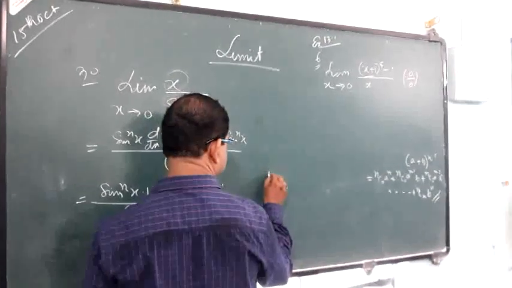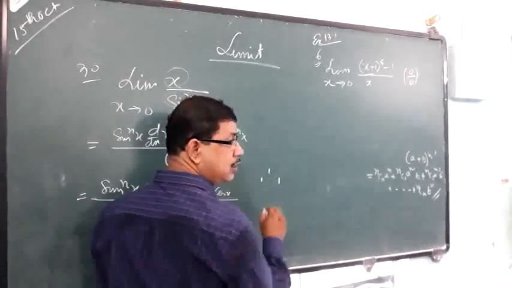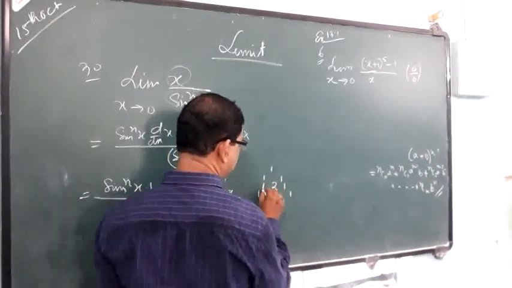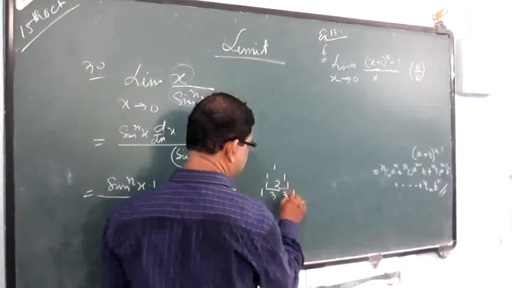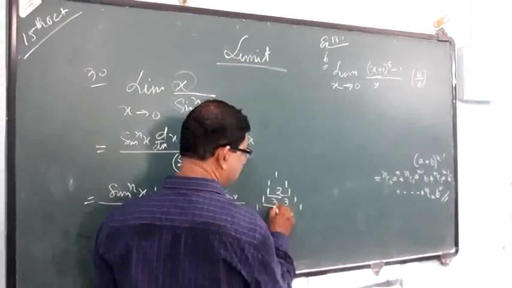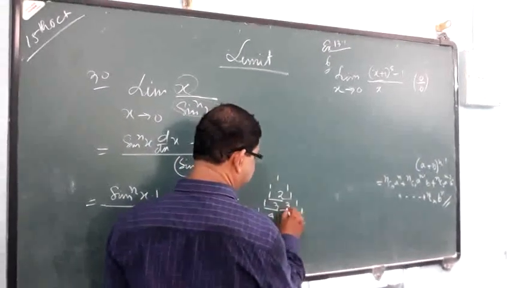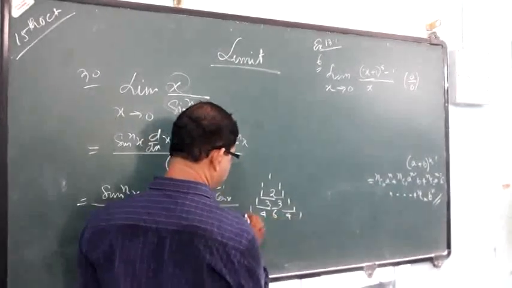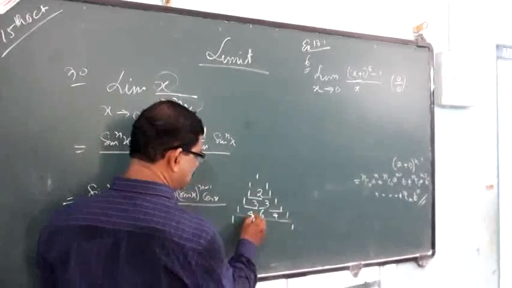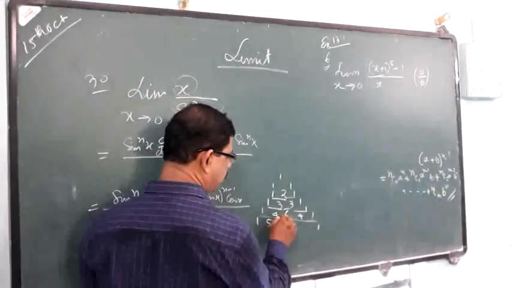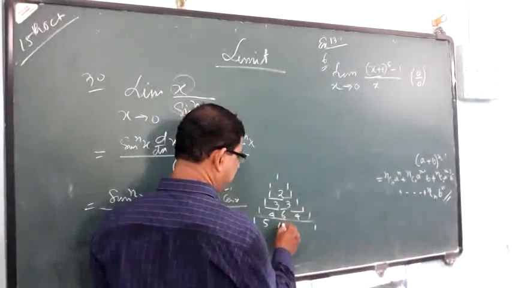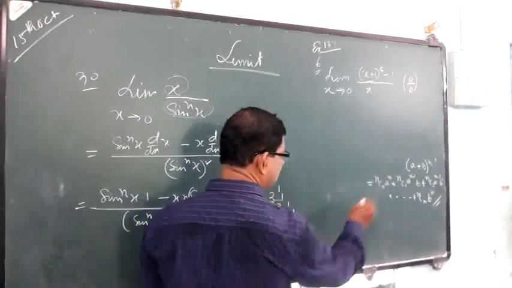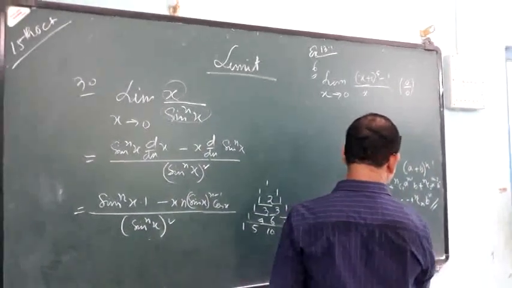What is Pascal's triangle? 1 1 you give, then 1 plus 1 is 2, 1 1 you take. 1 plus 2 is 3, this 1 plus 2 is 3, 1 1. 3 plus 1, 4, 3 plus 3, 6, 3 plus 1, 4. Then if we put 5 here, then 4 plus 1, 4 plus 6, 6 plus 4, 4 plus 1. If we put a plus b to the power 5,